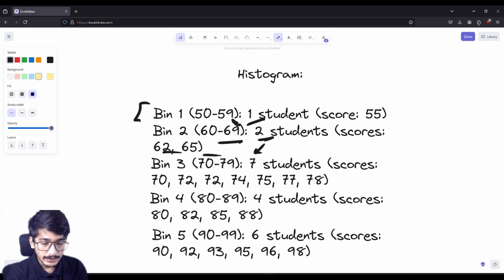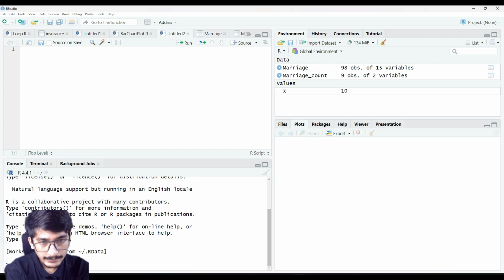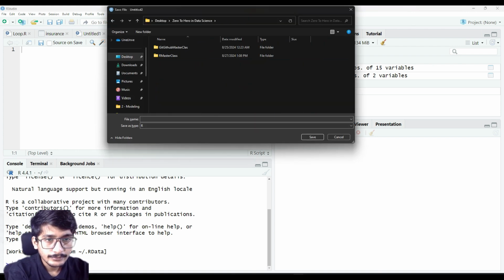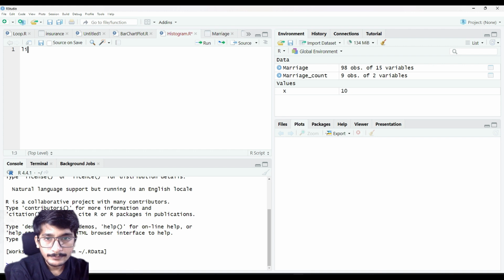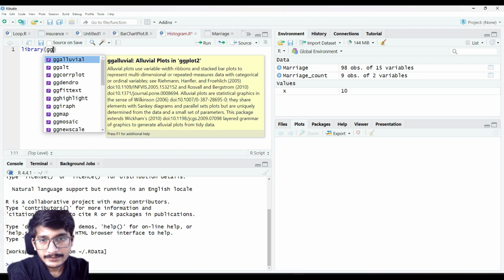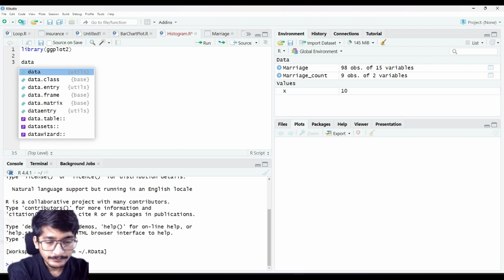Now it's time to open our RStudio. First we create a new file with Control Shift N, and let us save it in our directory. I will save it into my R master class folder and name it histogram. First we need to import our library, ggplot2, basically for our histogram, and then we will import our data